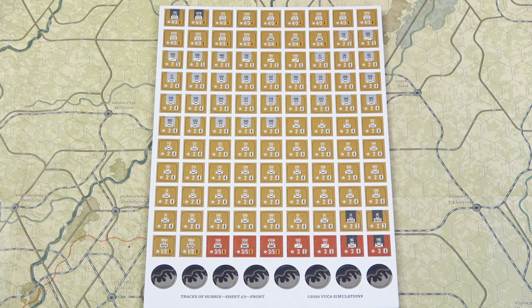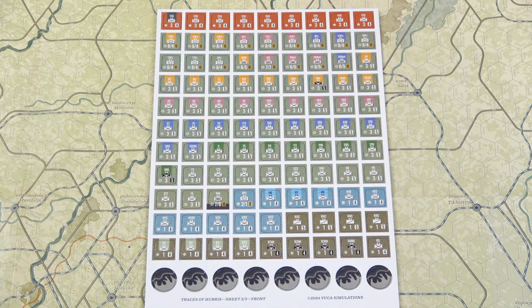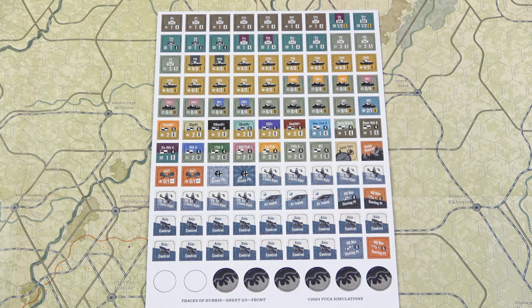If you're not paying attention, you can easily overlook something. As I said, we start off on the first sheet with Soviet units and some administrative counters at the bottom. On the next sheet, we have the remainder of the Soviet forces as well as the German forces. Then on the third sheet, we finish out the German forces, and then we have the armor silhouette counters that